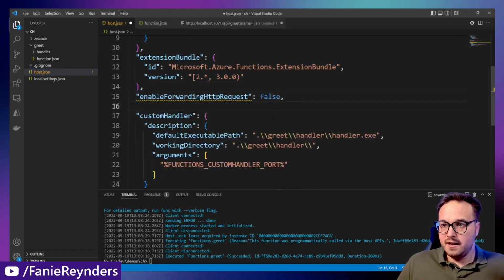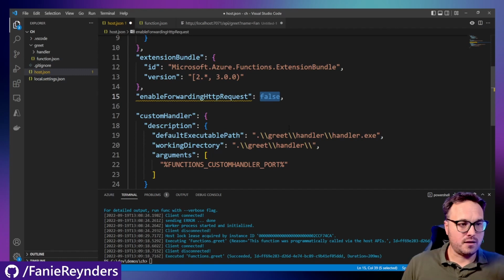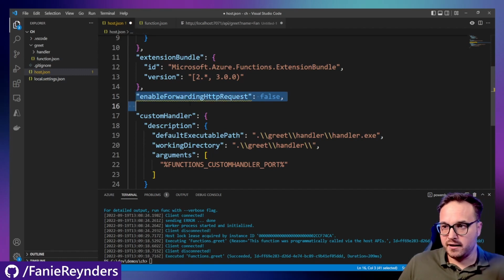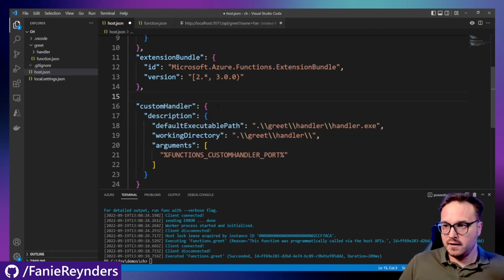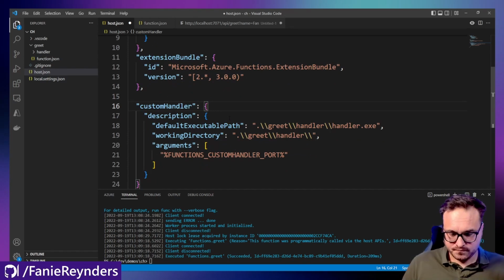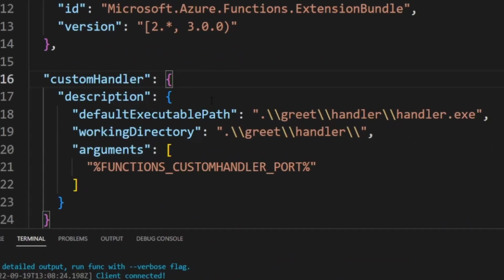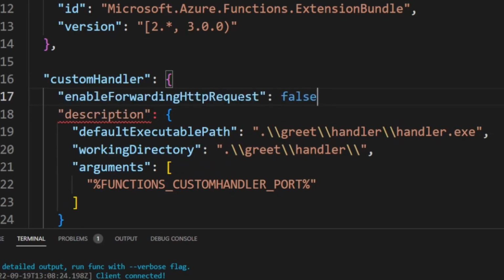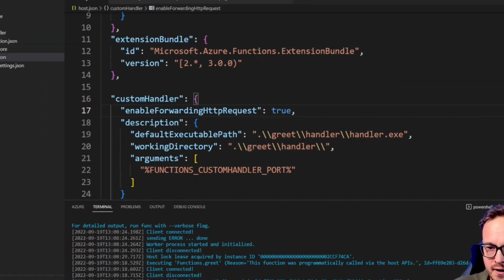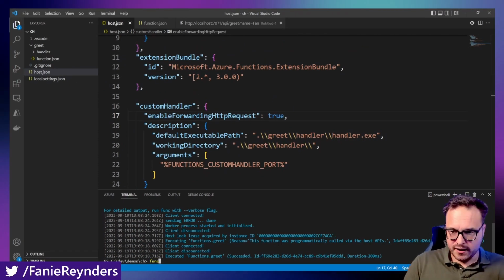So we say enable forwarding HTTP requests, and this should be in the custom handler section rather. So in the custom handler section, we have an enable forwarding HTTP request setting, and we'll make this true for now. And when I run my function again,